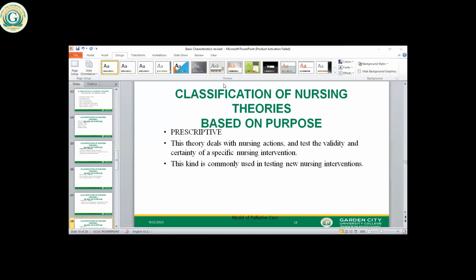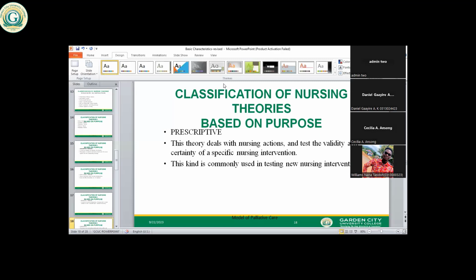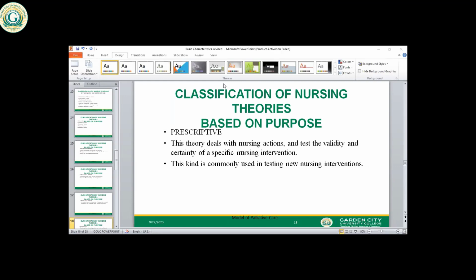Someone is asking, can a descriptive theory be found in the explanatory theory? Yes, before you establish the relationship between the cause and the effects of something, you have to let us know what that particular thing is. So you would end up describing what it is. And then please, for all that we are learning today, let's not throw them away, because you will need them in your research methods as well. If you are going for a descriptive study, you may want to get some theoretical framework to back whatever your study is. So let us not throw them away.